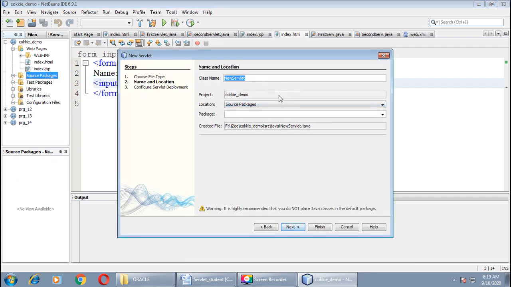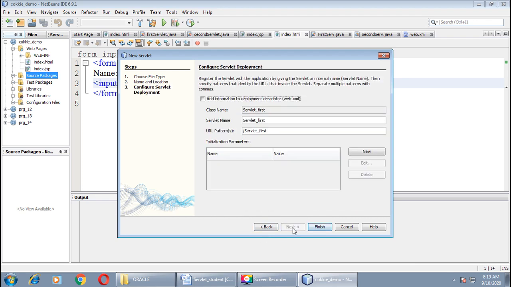Give an appropriate name to your servlet. For example, here I am giving servlet underscore first, right? Then click on next.